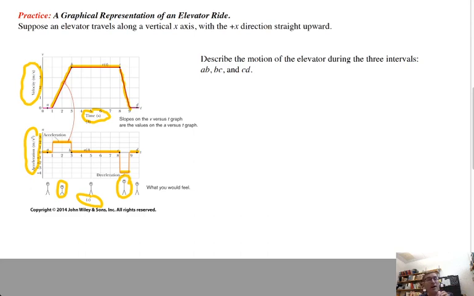I want you to plot the velocity time plot and the acceleration time plot that goes with that. Okay? You can assume the same general kind of behavior as you see here in terms of it takes 2 seconds to speed up, it travels 5 seconds at constant velocity, 1 second to slow down to a stop. Draw the velocity time plot and the acceleration time plot for an elevator that's traveling vertically downward from one floor